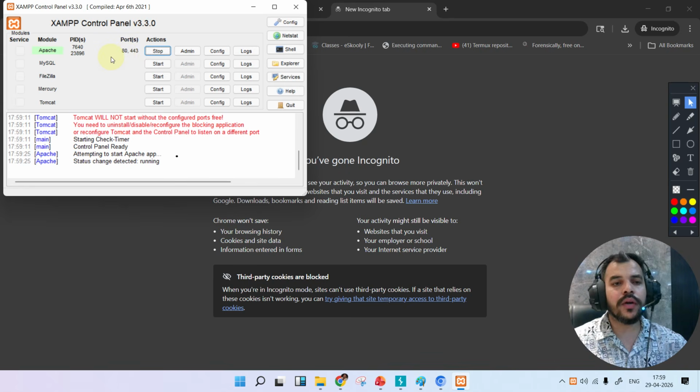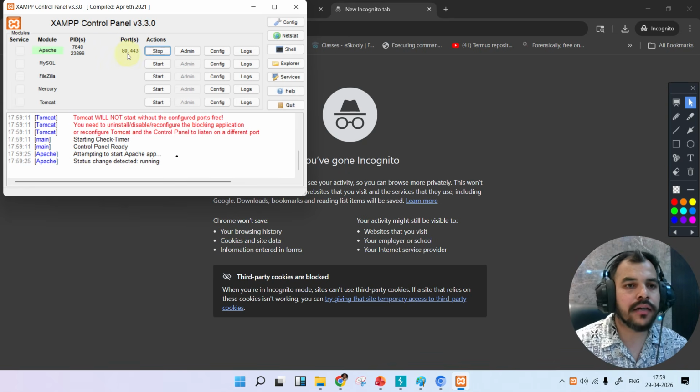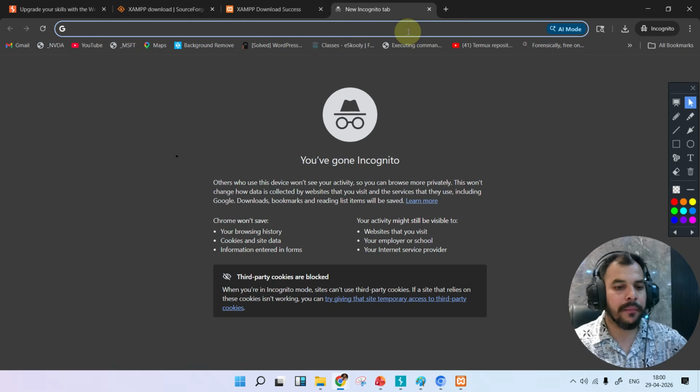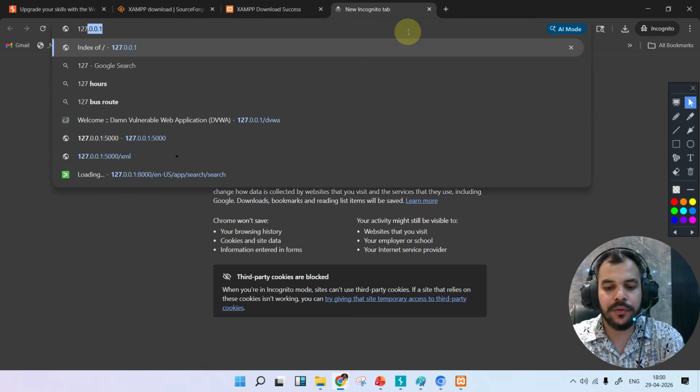In order to run a website, I need to start the web server that works on port numbers 80 and 443. If you want to start a database, you have to run MySQL, which works on 3306. Once I start it, the stop option is now enabled. So you just have to go to a browser and type